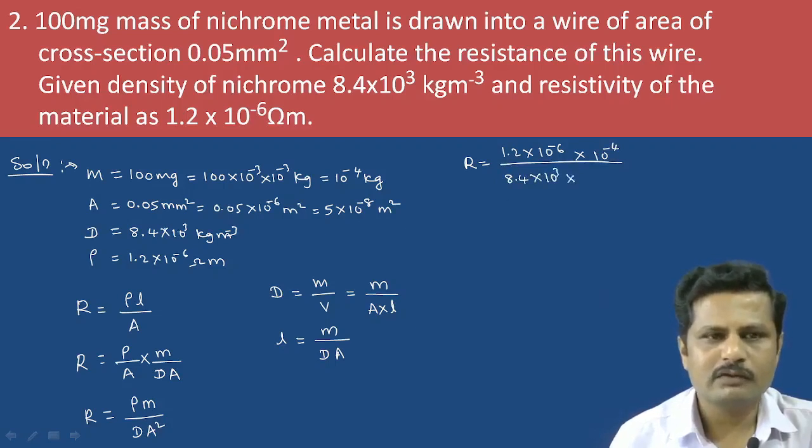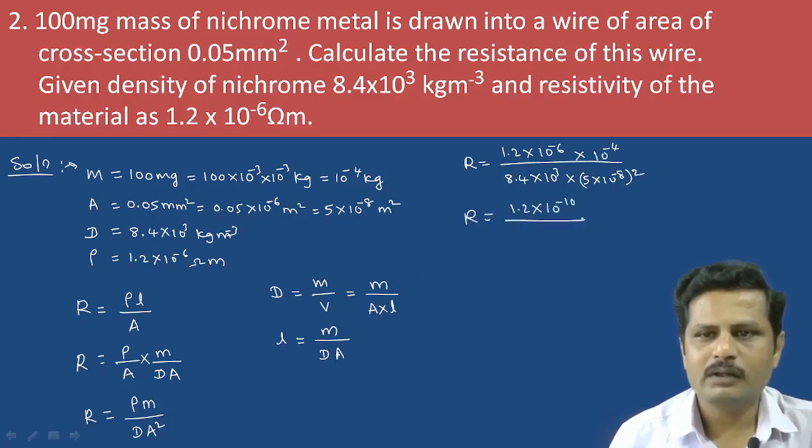The area of cross section is 5 into 10 raised to minus 8, whole square. So on simplifying, we get R equals 1.2 into 10 to the power minus 10